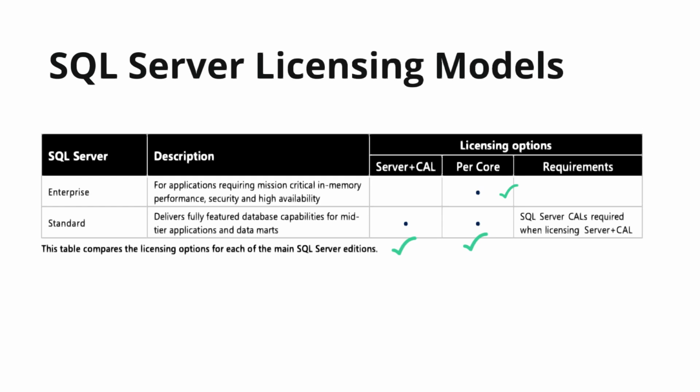What you need to understand is how these editions are different. In the coming slides you will see what the difference is when we license with server or CAL, what the difference is when we license with per core, and the difference in terms of virtualization rights and usage rights. That's the reason I am moving more towards the calculation parts rather than deep diving into the theory of Standard or Enterprise. If you have any questions, you can reach out to me.